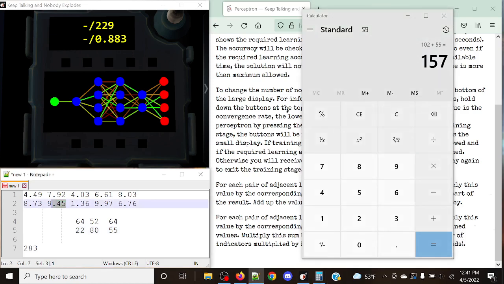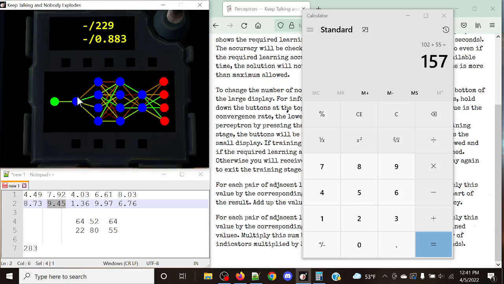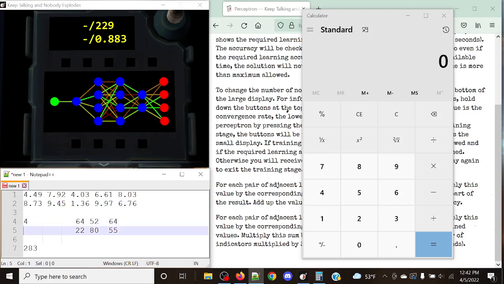And if we take a look at what we have left, the 9.45, that can be a little bit nasty. So that probably means that we're actually going to want to keep what we have so far, in this case representing the 4 connections. Otherwise, we're going to have a different series of problems here. We're probably going to want to change up the amount of nodes that we have here and here. Keep that in mind. Now let's take a look. So in this range, we have 1 connection of 4.49 and then 1 connection of 8.73. So we're already going to have a 4 and a 9 as our time, as our convergence rate,